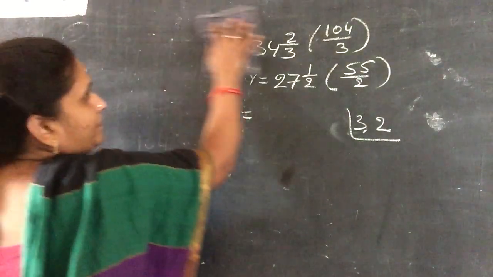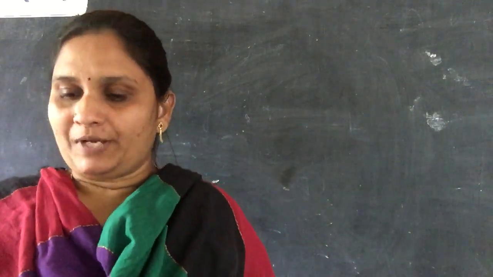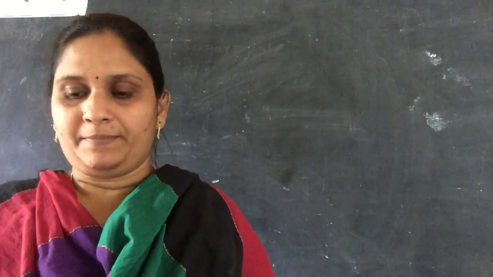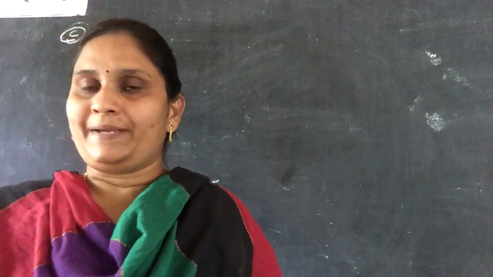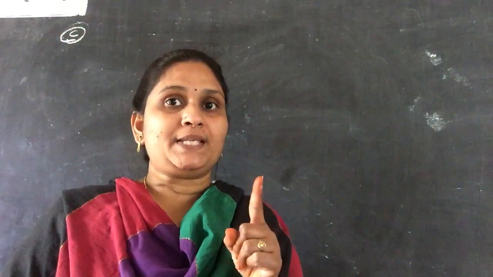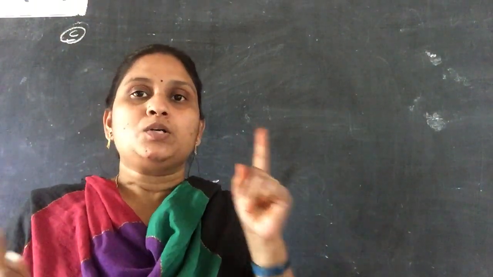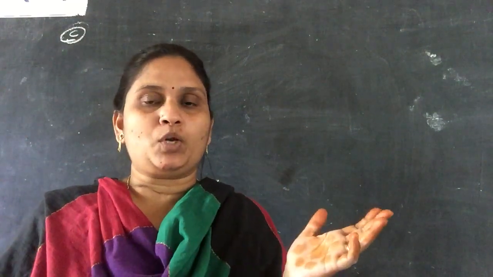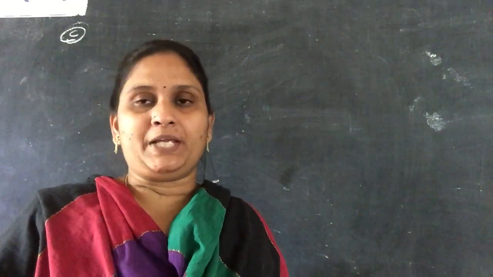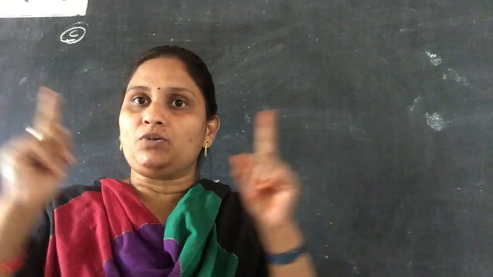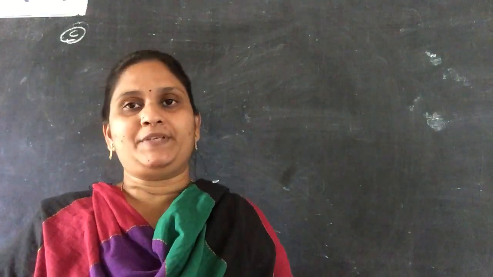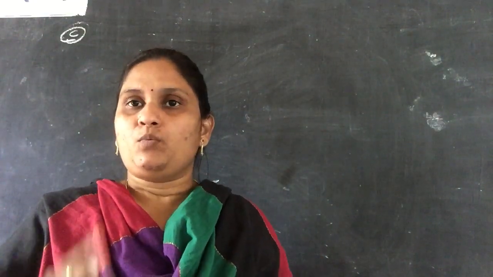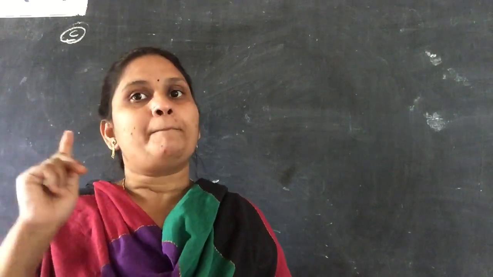Next, sum number C. If the cost of one bag is 25 rupees 3 by 5, find the cost of 5 bags. So 1 is given, and we have to find more, which means you have to do multiplication. If more is given and we have to find 1, do division. You have to remember that, children. 1 is given, to find more, multiplication.